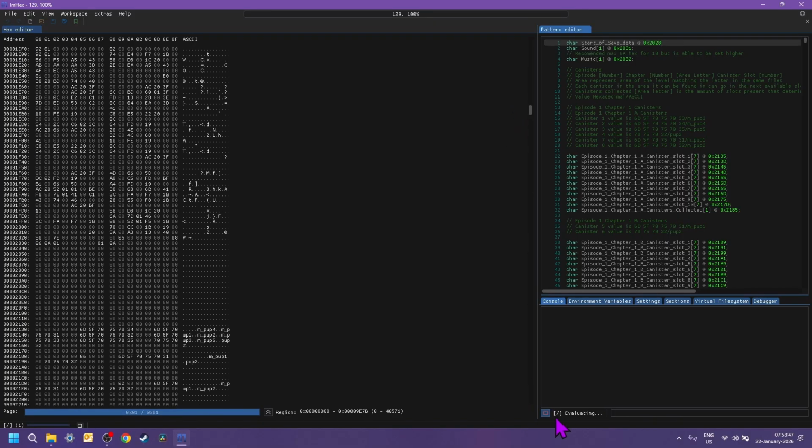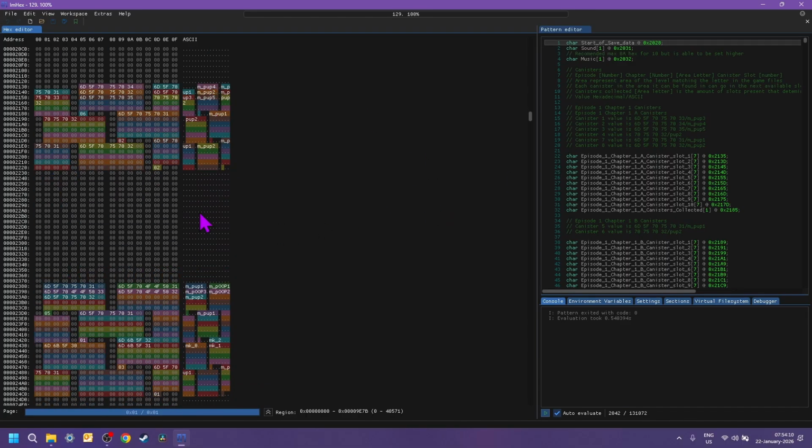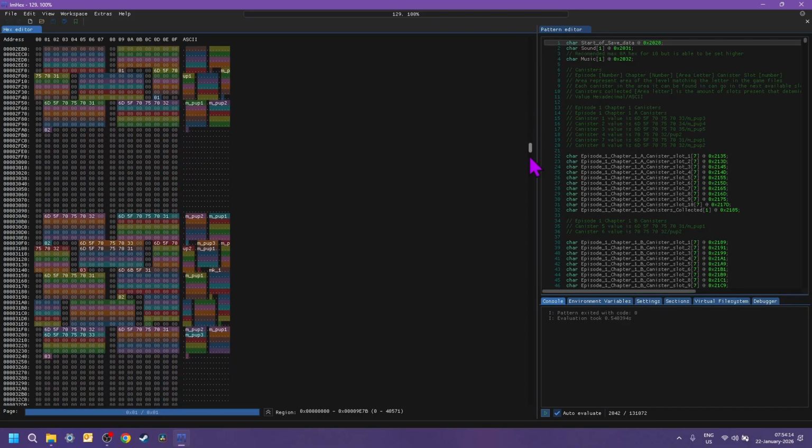So yeah, just gotta have it evaluate, and this is the point where the save data actually starts. So if you write anything from this point and before, it will not be affected by the checksum calculations, but anything from this point onwards will be affected up until the checksum. I'll explain all this canister stuff later, how it works, and even demonstrate it.